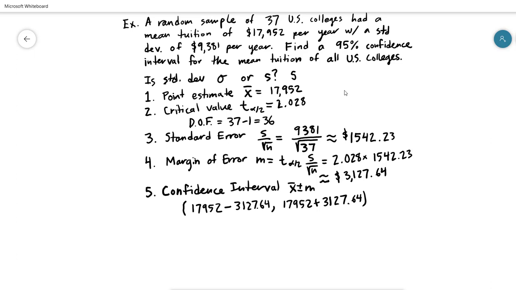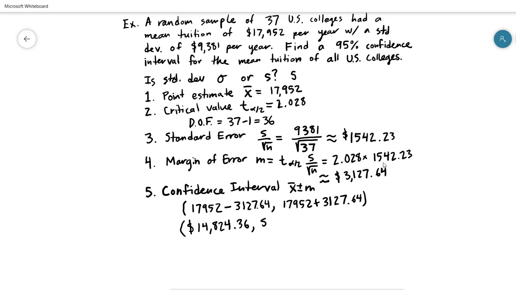And so if I go into the calculator and carry out this subtraction and this addition to get my two numbers, I get at the low end, and again remember these are in terms of dollars, this is cost of tuition, so the low end is $14,824. And again, I'm getting these numbers just off the calculator, and 36 cents if we really care about pennies here,